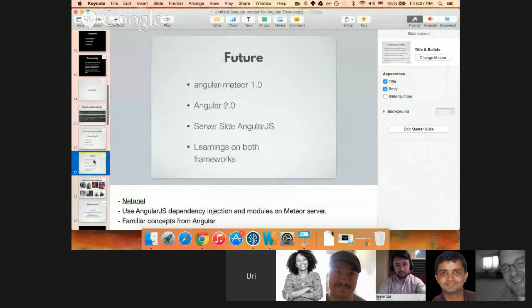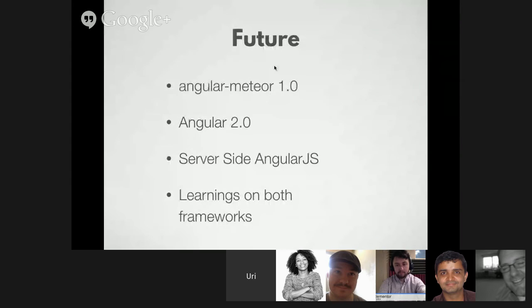I'll go a little bit about what we want to do next. Our biggest step for Angular Meteor 1.0 is actually better test support. I mean, we test everything internally all the time, but we want to give best practice for people on how to test their apps. You can test your Angular apps the best way you can, and you can test your Meteor part the best way you can, but we're trying to figure out the best practice to test both of them together. And when we finish doing that, we'll release 1.0.